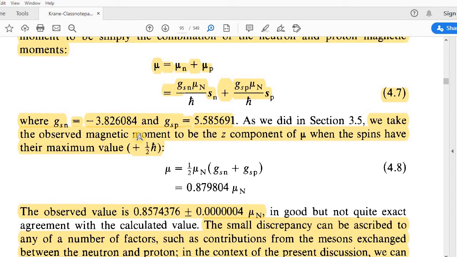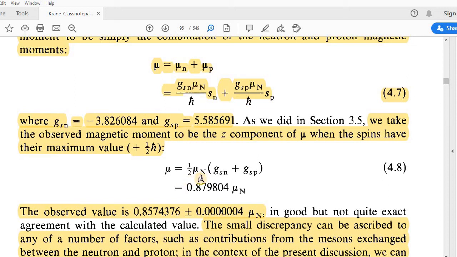We take the observed magnetic moment to be the Z component of mu when the spins have their maximum value plus half h. Therefore, substituting SN and SP as plus half h,